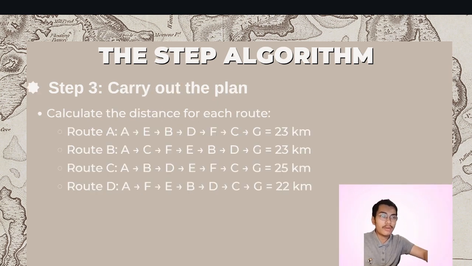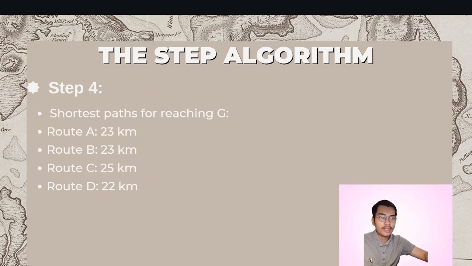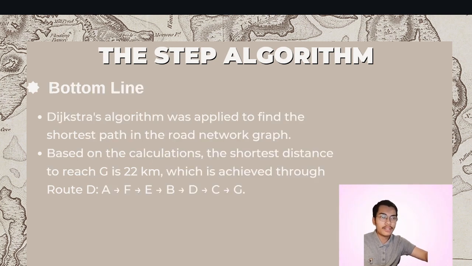Next, we need to carry out the plan. The plan is to calculate the distance for each route. So for route A to E to B, D, F, C, and to G. Same with the other routes, and we get the output of how many kilometers there are. Then we compare the routes and look at which is the shortest route to go through. The bottom line is route D is the shortest route in the network graph, and it is 22 kilometers